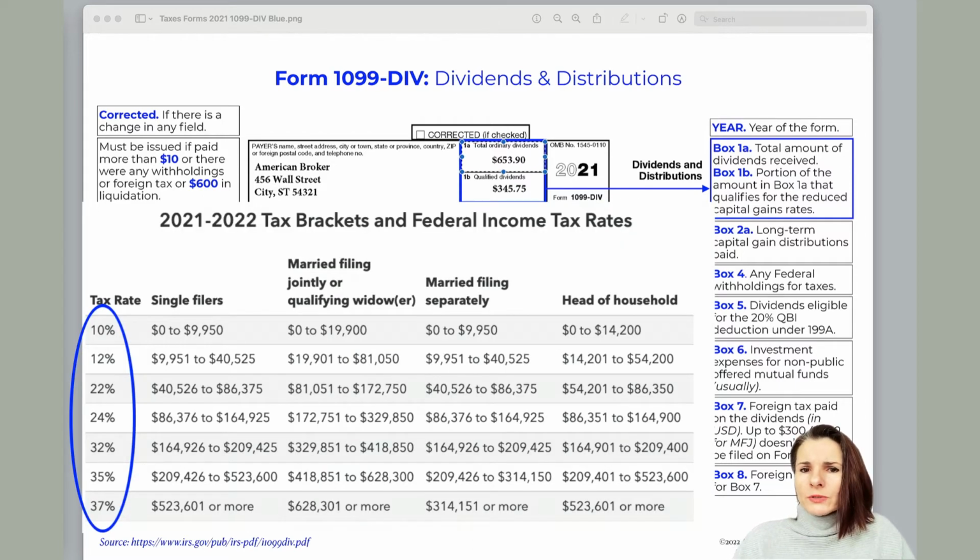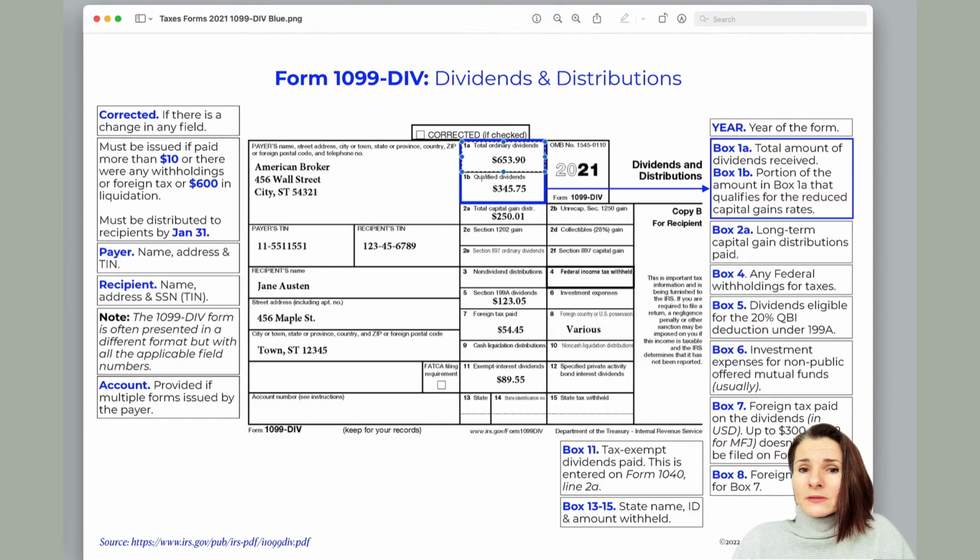So this is important because you may be, let's say, in the 0% rate. That means that these qualified dividends actually would not be taxed for you. So this is really advantageous for many taxpayers. That's kind of how wealthy people get away with some of the non-payment of taxes,